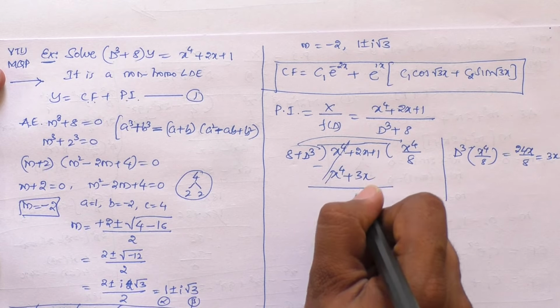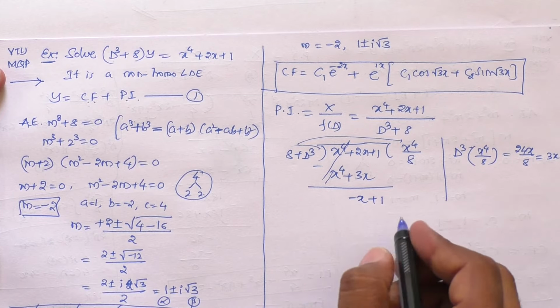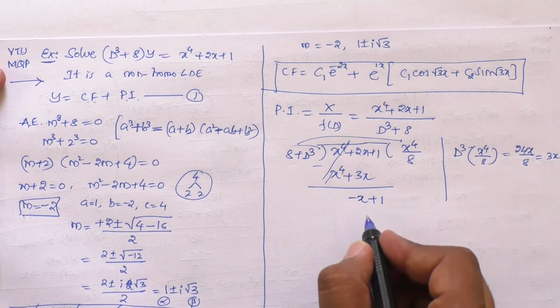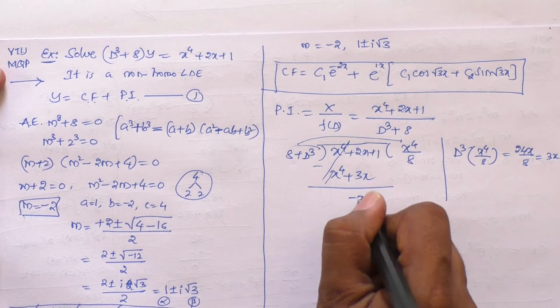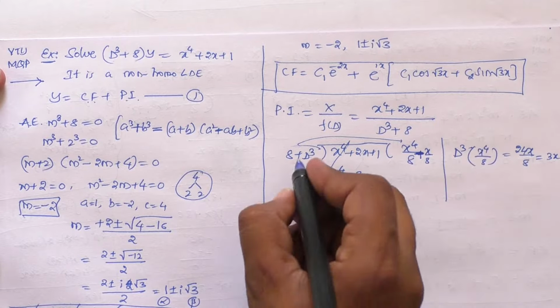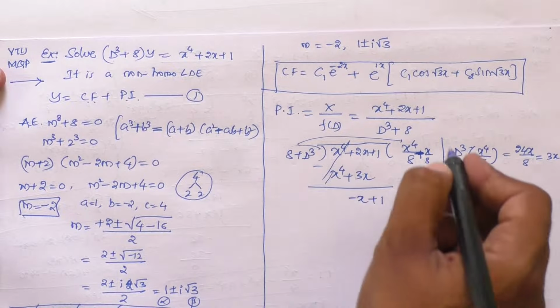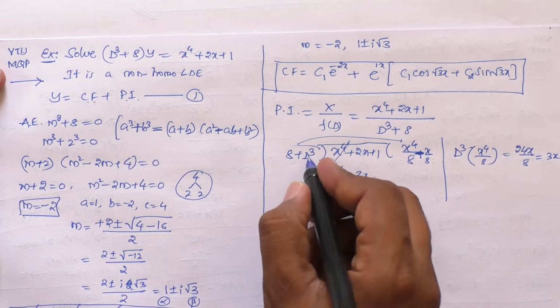So 2x minus 3x will be minus x plus 1. Now choose the quotient again to eliminate the first term minus x. So minus x divided by 8. Multiply 8 plus D cube with minus x by 8, which will be minus x plus D cube,